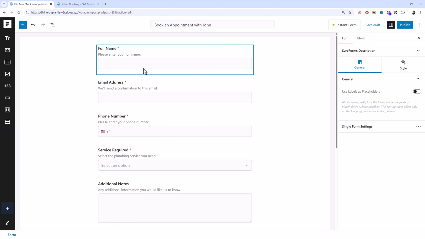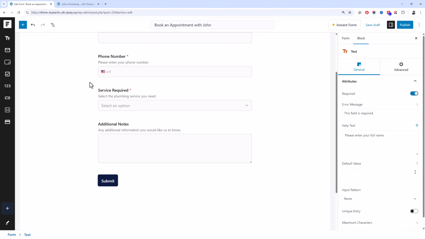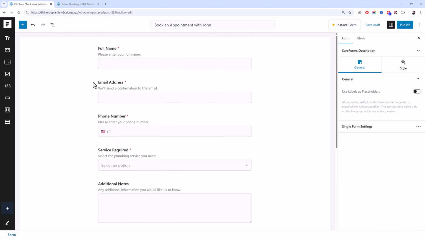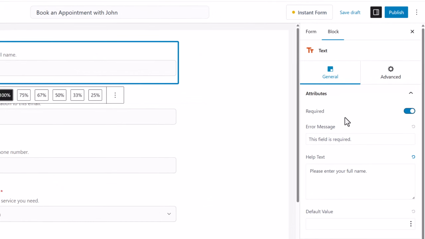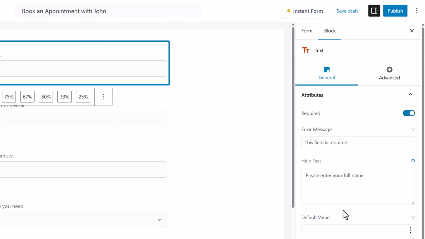Okay, now you can see it amazingly creates all of the required fields just like I wanted, like full name, email address, phone number, and it automatically makes the fields required depending on the situation. And you can see the additional notes field is not required, it's optional. So now if you want to customize any field, you can just click on it and you will see its options right over here.